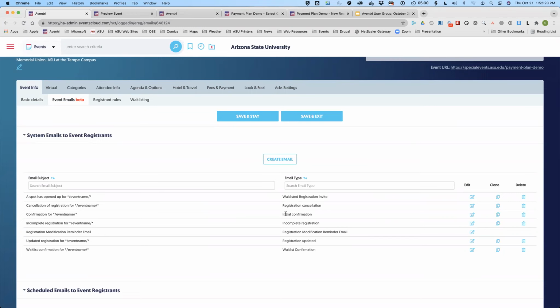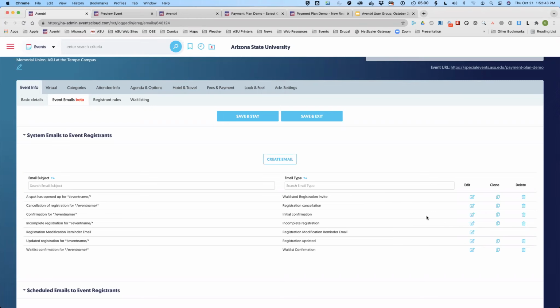Because you can actually have multiple emails based on the initial confirmation trigger. Having said that, I often use the secondary confirmation for paid events because I create a special email that has a link to the receipt for folks.